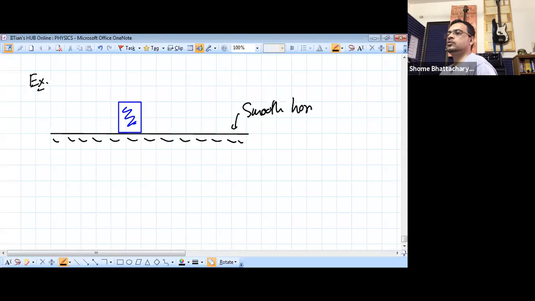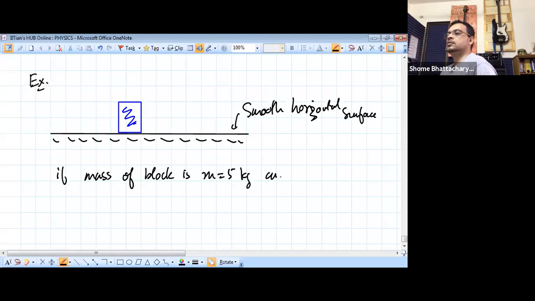If the mass of the block is 5 kilograms and the acceleration due to gravity is 10 meters per second square, then